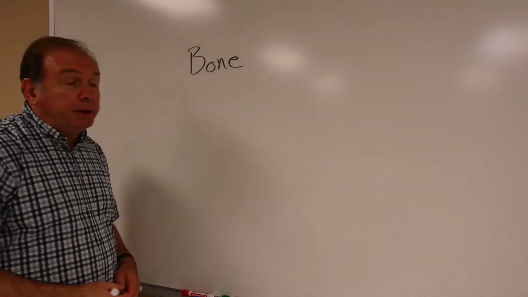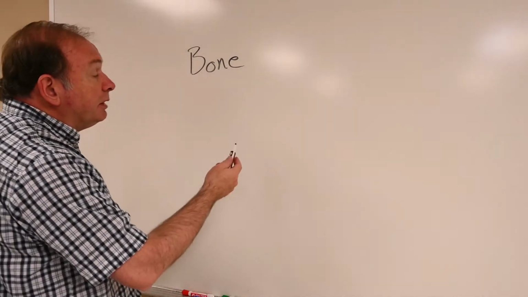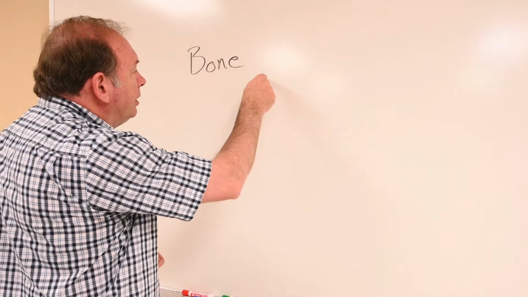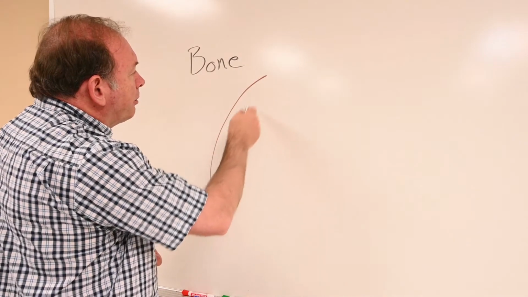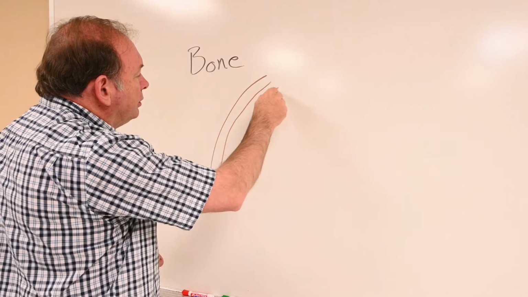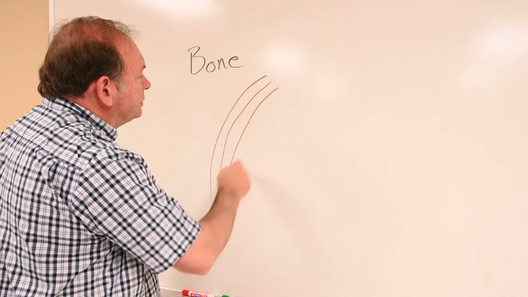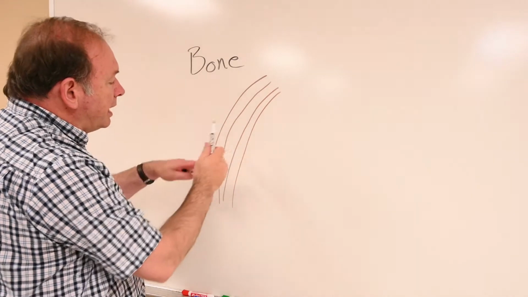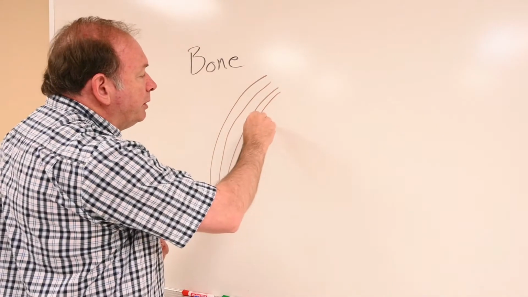Okay, bone is a little different from our other connective tissues. Here we have a more organized kind of structure in our tissue. I'm going to start by putting in some layers of bone matrix to the outside of the bone. It's kind of exaggerated maybe, but anyway. This would be layers that lie right on the very surface of the bone, and then beneath that